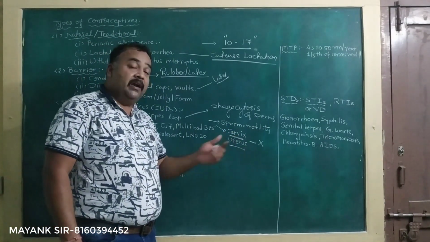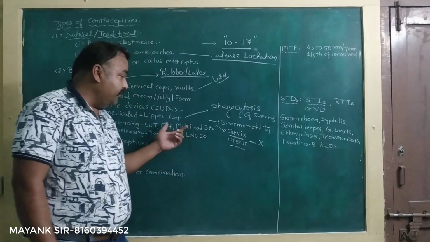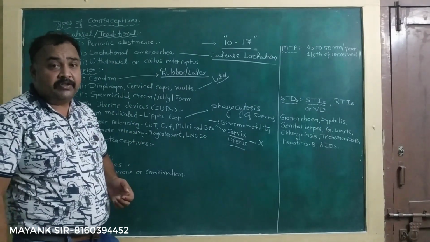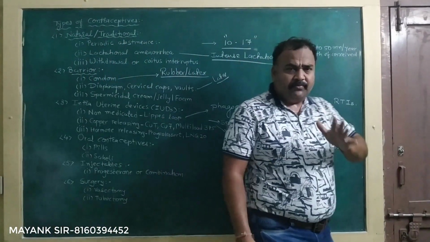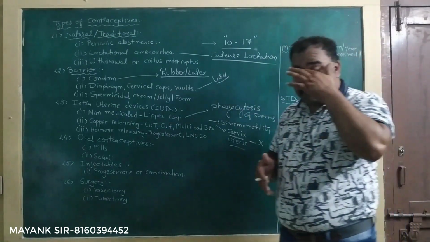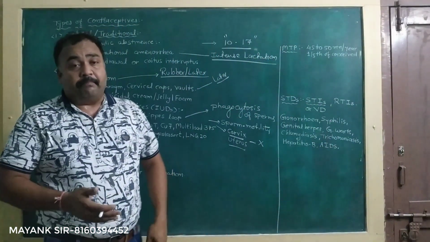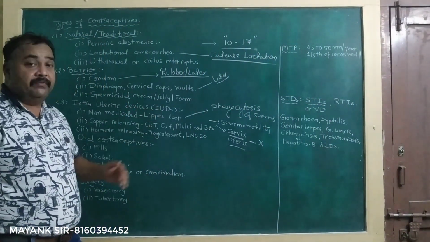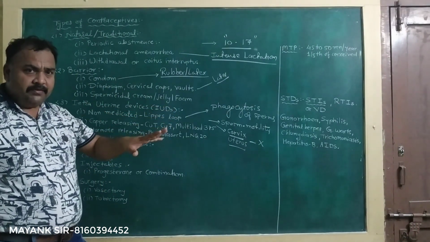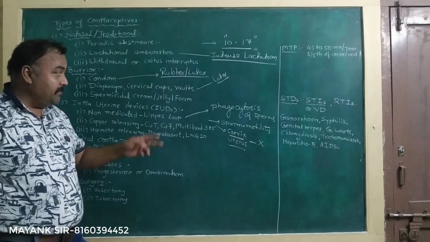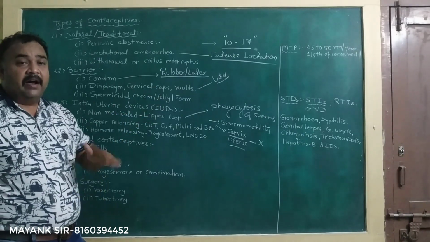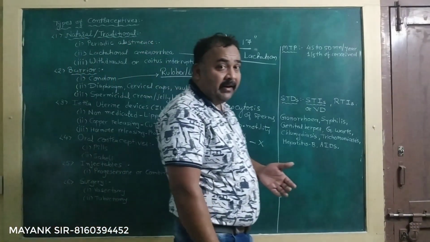The cervix and uterine wall become completely unsuitable with the help of different kinds of intrauterine devices. So there will be no possibility of implantation. That means if sometimes fertilization takes place and a zygote is formed, the zygote will not become implanted in the uterus because of the presence of IUDs. See, once IUDs are put, the effect is reversible. That means once they are put, they have contraceptive property, but once they are removed, the female can be reproductive again.